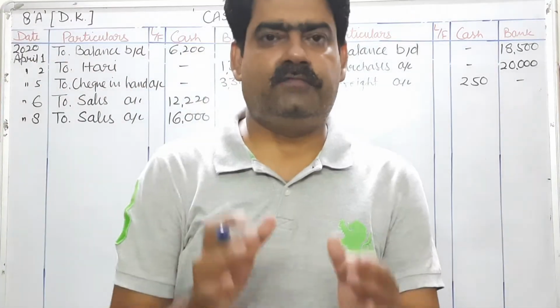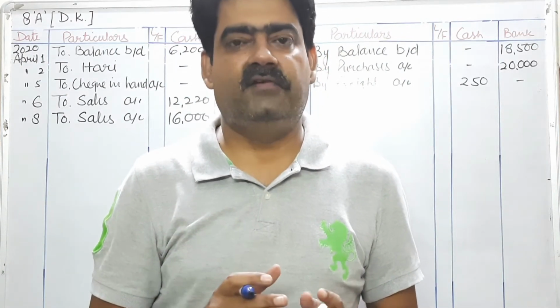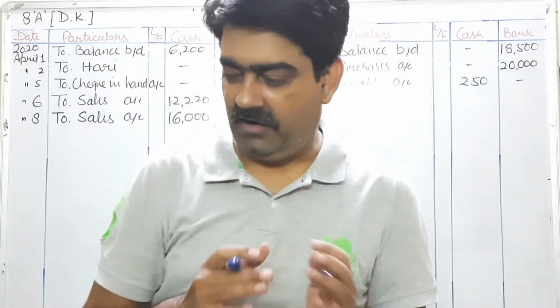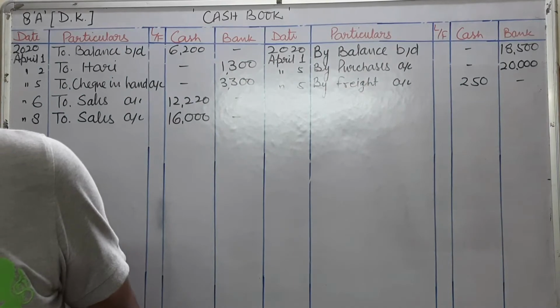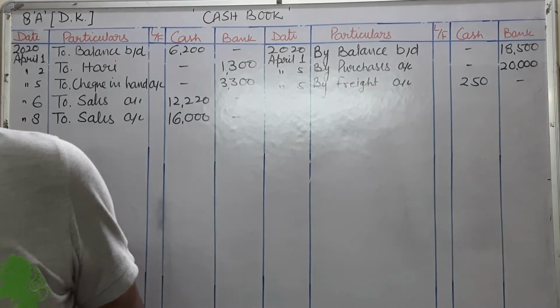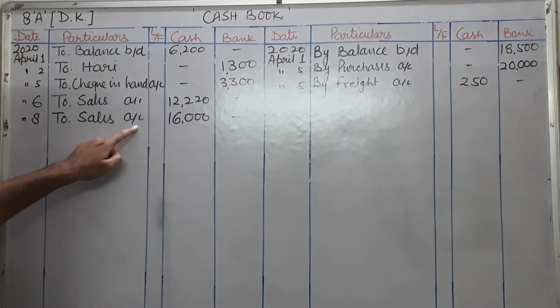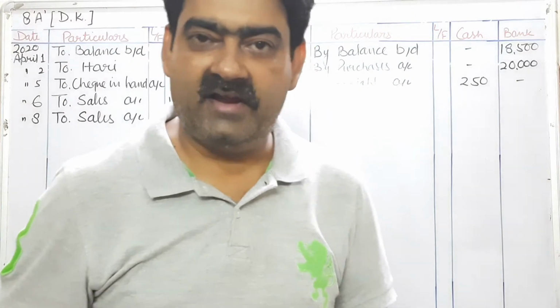Okay, most of the transactions will be very simple. Only a few transactions will be there on which you have to do a little bit of work. Next is sale proceeds of April 8 deposited into bank. See, on April 8 there was a cash sale of rupees 16,000, and this 16,000 rupees we are depositing into our